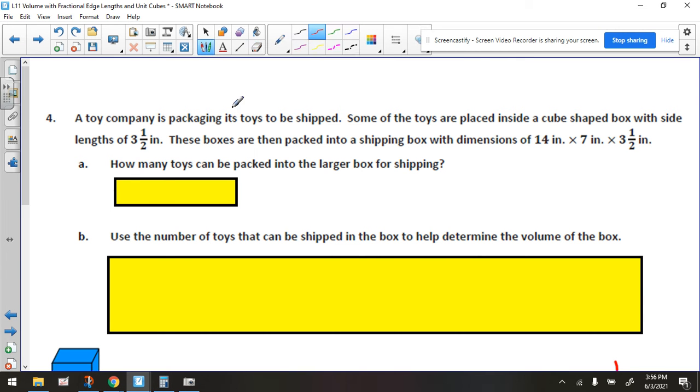A toy company is packing its toys to be shipped. Some of the toys are placed inside a cube-shaped box with side lengths of 3.5. These boxes are then packed into a shipping box with dimensions of 14 inches by 7 inches by 3.5 inches. How many toys can be packed into the larger box for shipping? And part B, use the number of toys that can be shipped in the box to help determine the volume